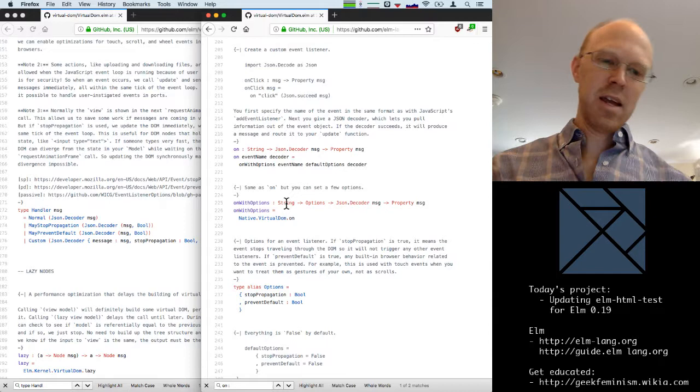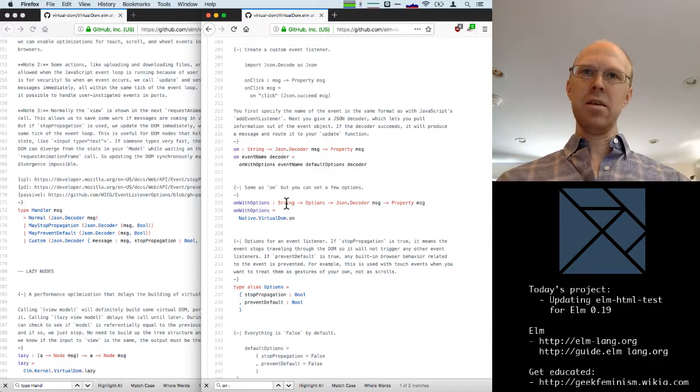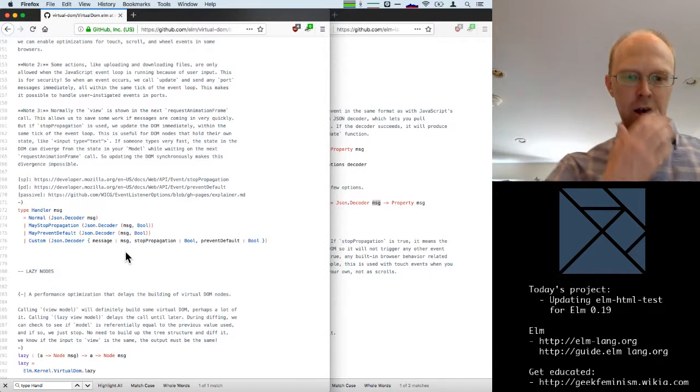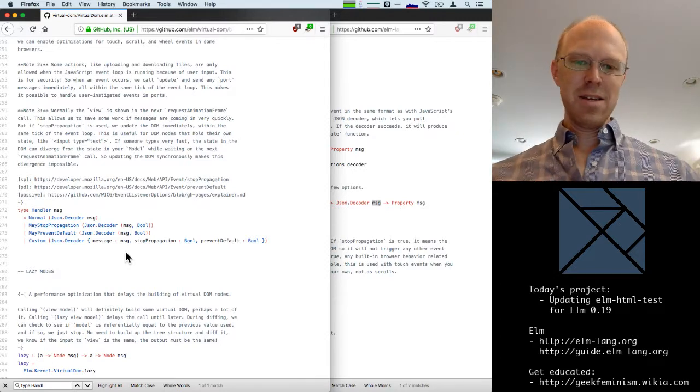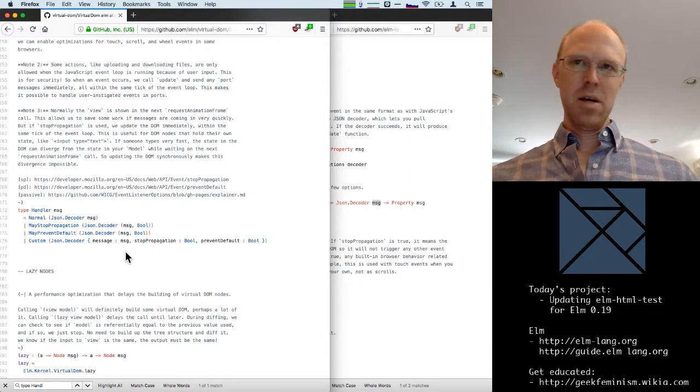So we'll have to understand the code a bit to see how it handles that, but fundamentally, the only thing that's happened is that the options are now moved inside of the decoder. So I guess we'll see. Hopefully that will not mean that we need to restructure how elm-html-test works, but I guess we'll find out.